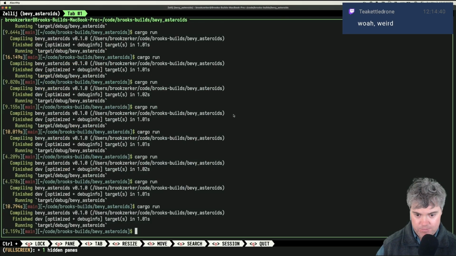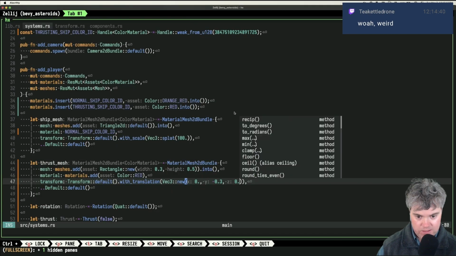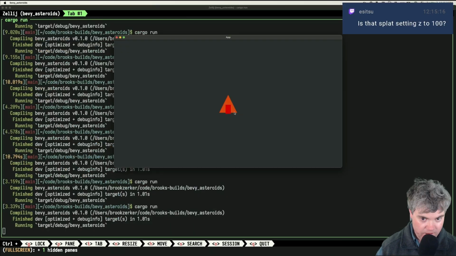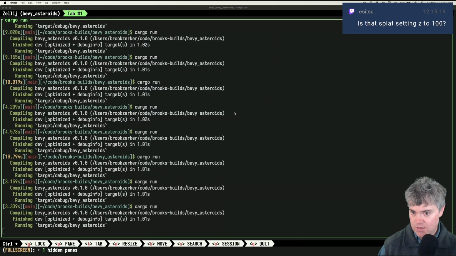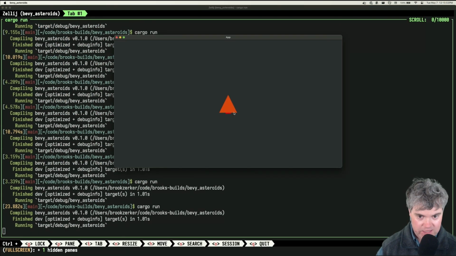Back to 0, it displays. 0.1. The splat is setting the Z to 100. Yes. But I'm only allowed to set the Z between 0 and 1. Look at this. Oh, interesting. Okay, and if I make you negative Z of 0.1, now it's behind. Now that's behind.